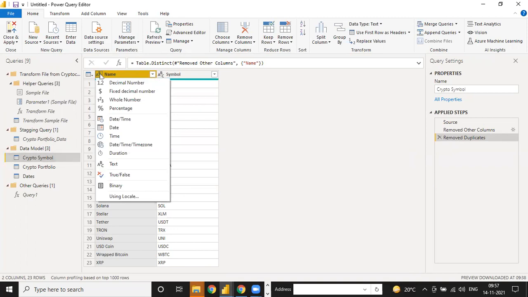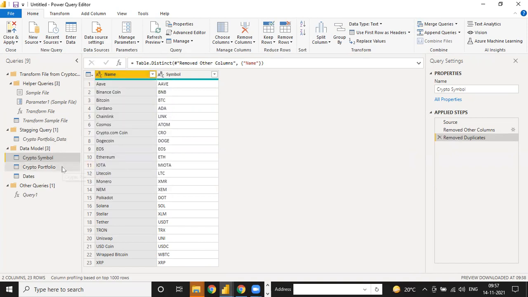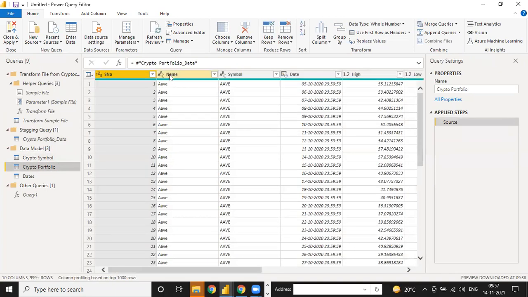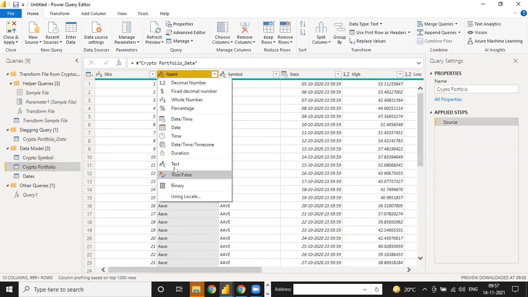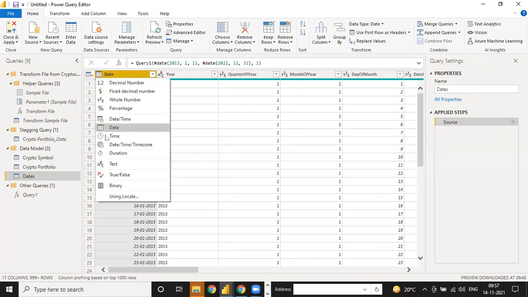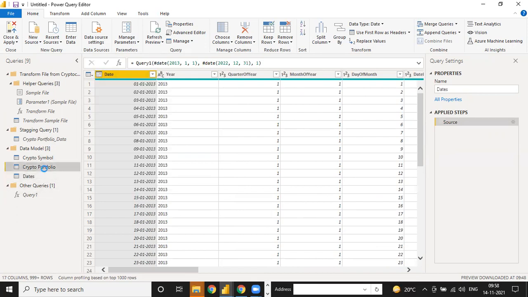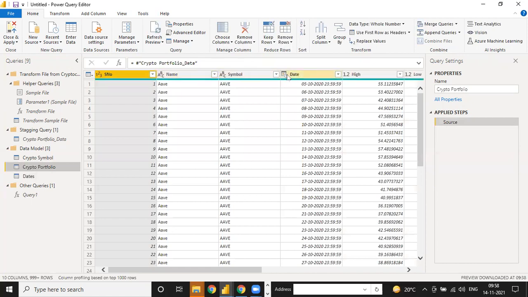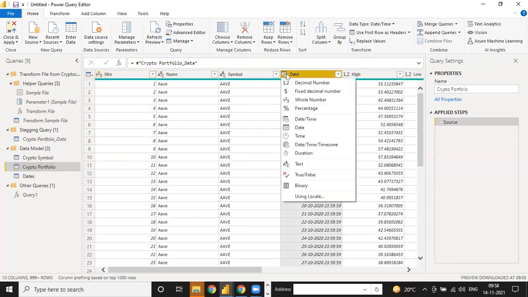When you click on this data type icon, you have different kinds of data types. Right now, ABC means it is a text data type. Same way, if you click on the portfolio, here also name is ABC, which means it is also a text value. But when you click on this dates, it is a date data type. And when you click on this portfolio, this is your date and time data type. So it is not the same.